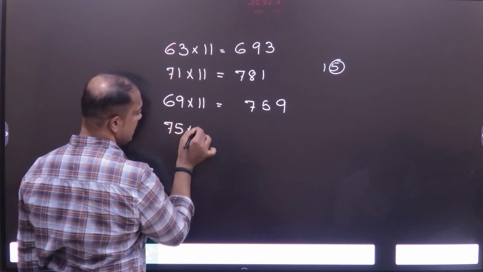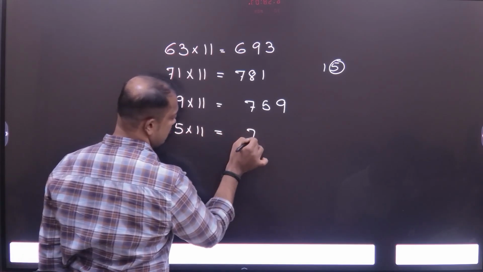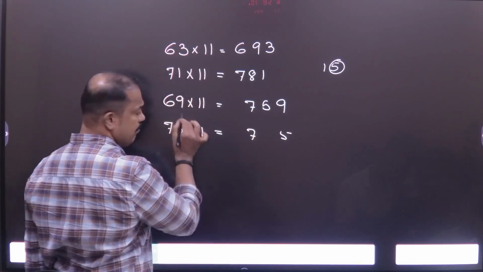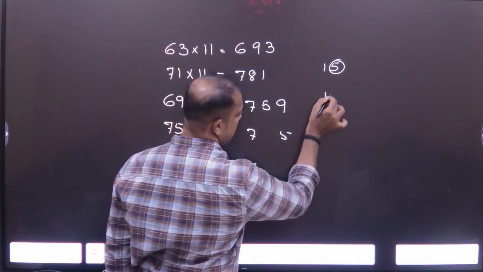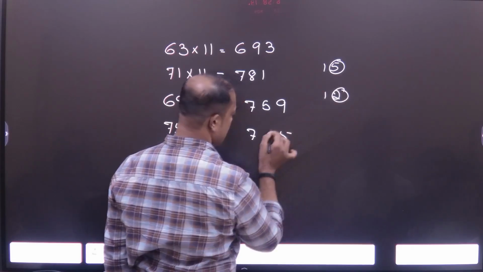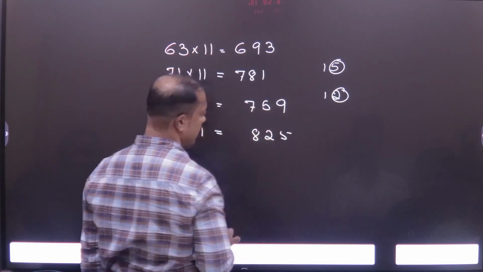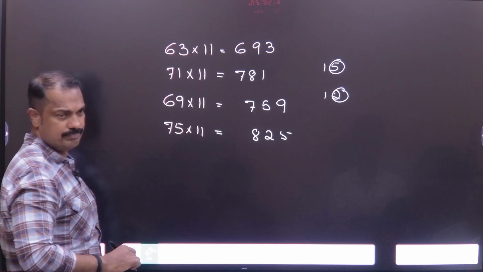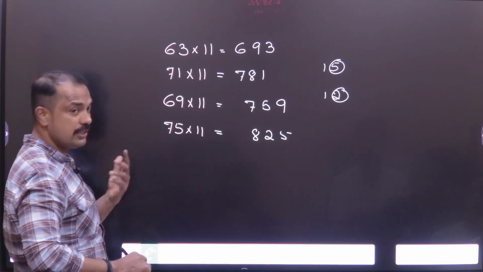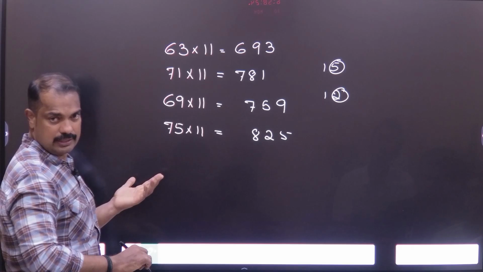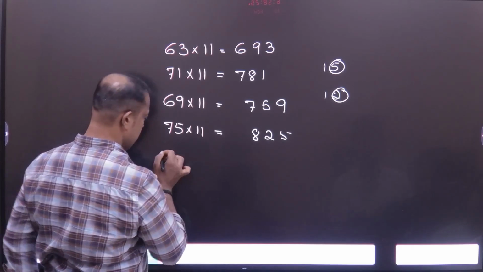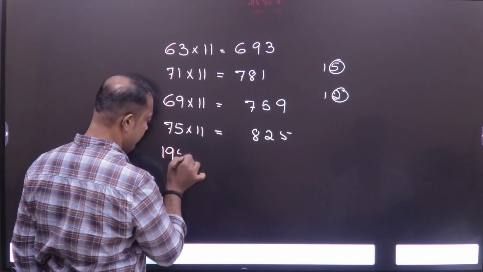75 into 11. 75. 7 plus 5, 12. So 2 लिख दिया मैं. रिमाइंडर 1. ऐड कर दो 825. ये 2 डिजिट, 3 डिजिट है तो क्या कर लो, देख सकते हैं, और 3 डिजिट देख सकते हैं 195